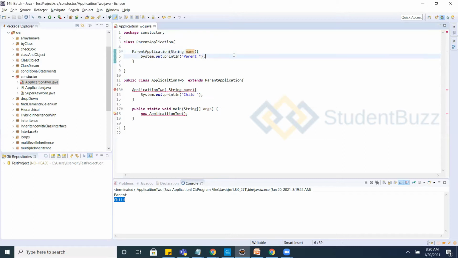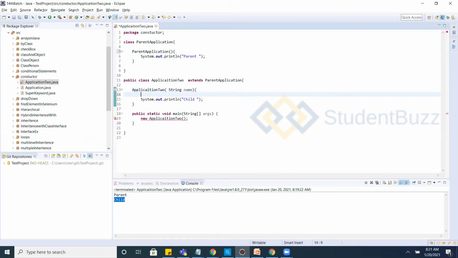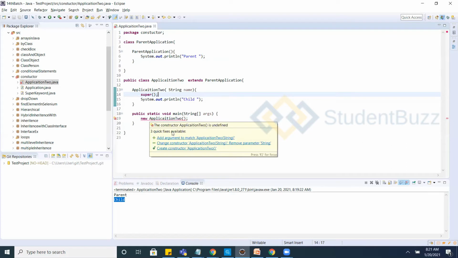For example, I don't want to pass any parameter here, and I just want to call this parent constructor. You don't need to do anything, you should just give this super. It's calling your super constructor from this child.